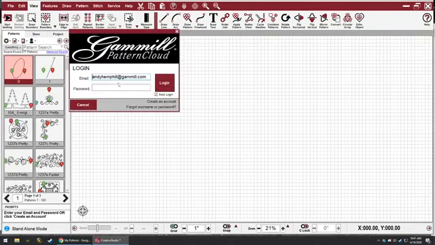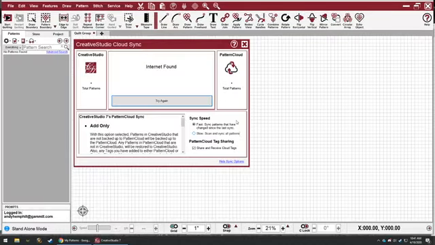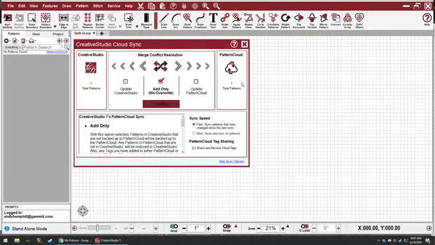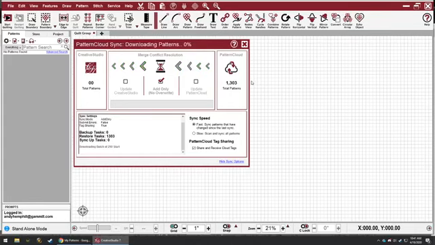And I log in. It's going to ask me to sync again. And you'll see here, the pattern total's gone down. So I will only get the 1,303 patterns. All the ones I deleted off the cloud account are gone. Now I deleted the starter patterns so I could still get them back, but